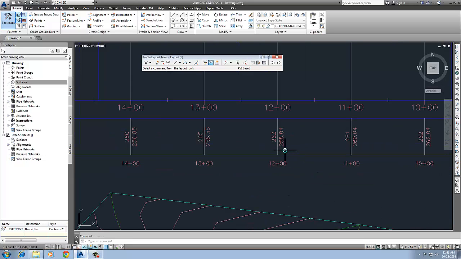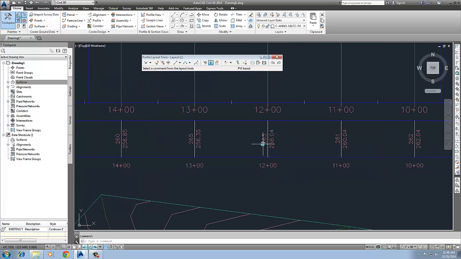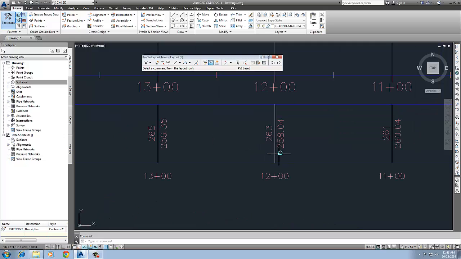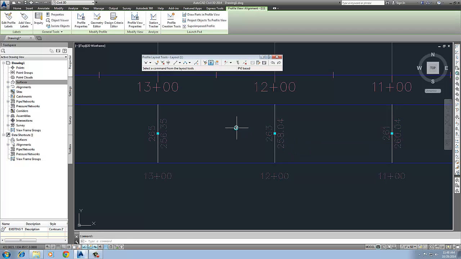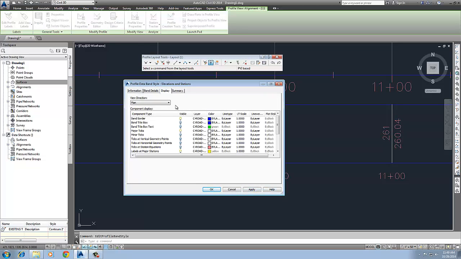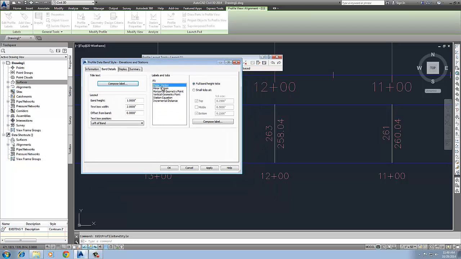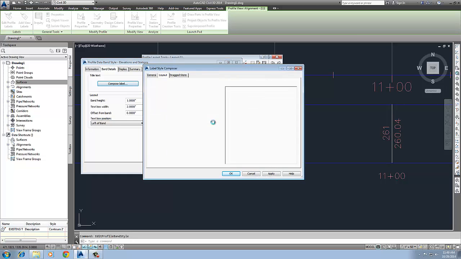Okay, were you able to get your bands to look like this? I have existing to 1 decimal place and proposed to 2. If you can't, here's the way to go through that, and we'll run through it quickly because this is a little bit difficult with labeling. I'm going to click on the band and right click. It gives me the edit band style, and this is a quicker way of doing that. So I'm going to go to band details, and go to major stations, go to compose label,